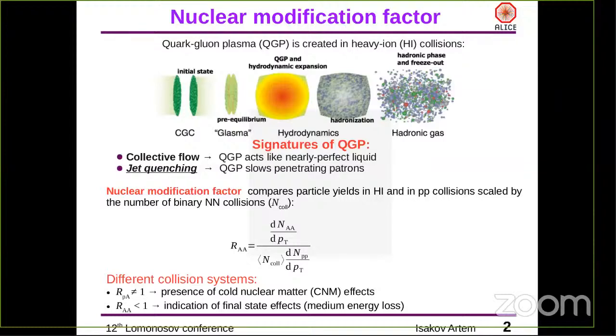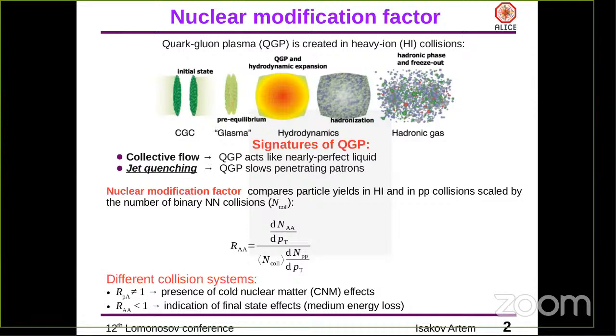The effect of jet quenching can be estimated quantitatively with the nuclear modification factor, which compares particle yield in heavy-ion and pp collisions scaled by the number of binary nuclear collisions. The value of the nuclear modification factor depends on the collision system. In the case of p-Pb, if it's not equal to unity, it means that we have some cold nuclear matter effects. And in the case of the lead-lead collision system, if R is less than 1, it indicates final state effects or